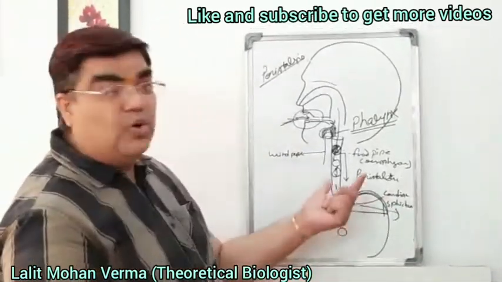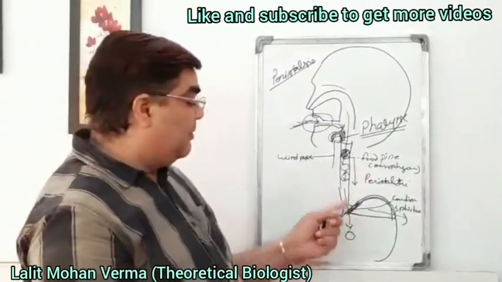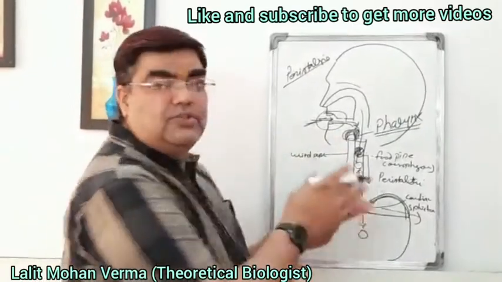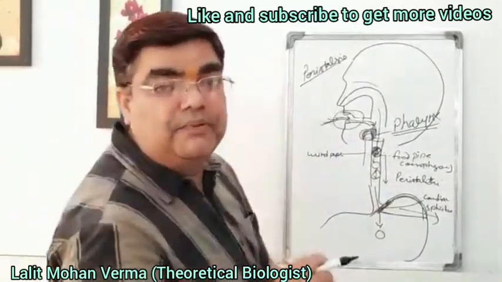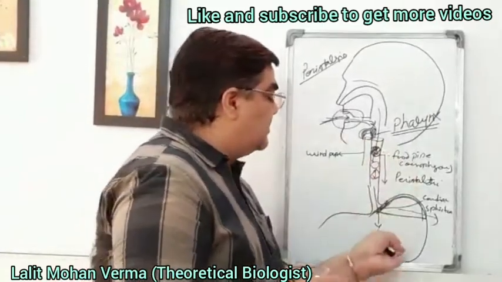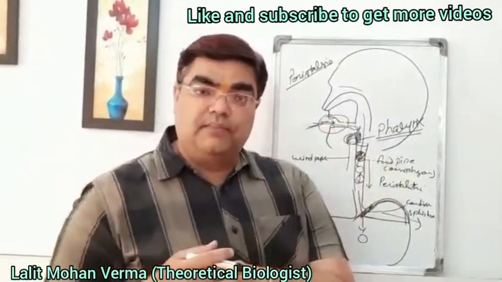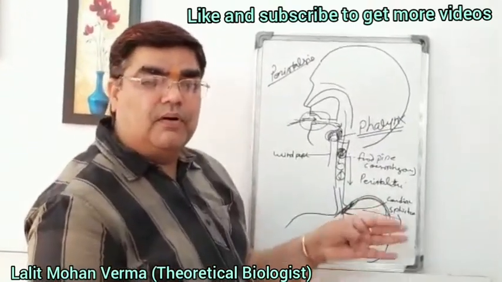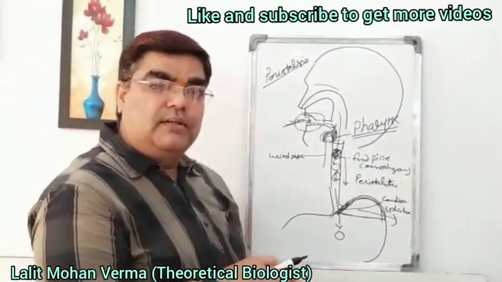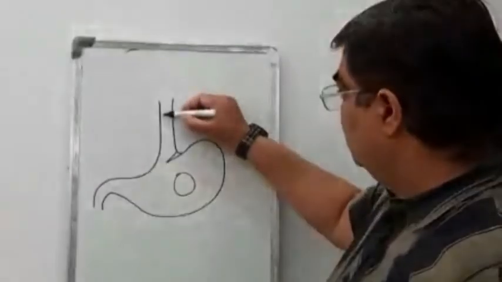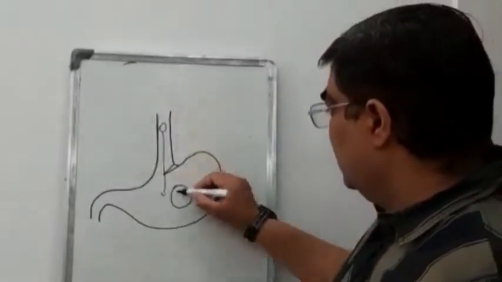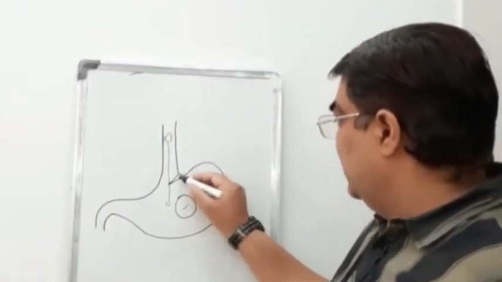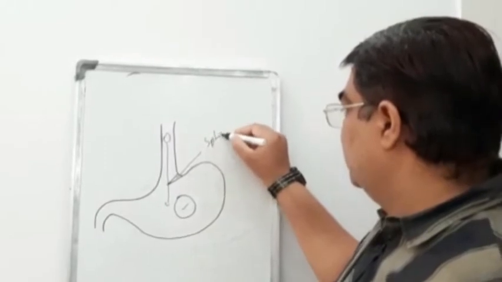Why is it dome shaped? What happens inside the stomach when the food reaches the stomach? What happens to the germs which come with the food from outside? Does this gate open sometimes, or remain open or closed? So student, now this food has entered into the stomach like this, through this valve called the sphincter muscle.